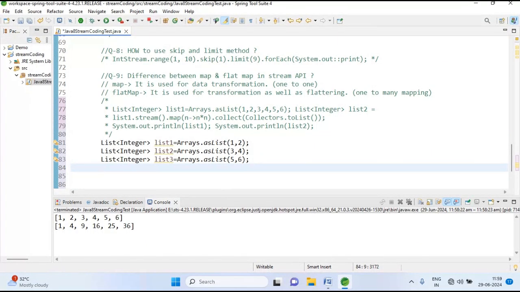Now if we want to implement flat map here, we need to first create a final list from this. We need to merge these lists. So suppose list of integer final list equal to, we need to pass this list 1, list 2 and list 3. So Arrays.asList